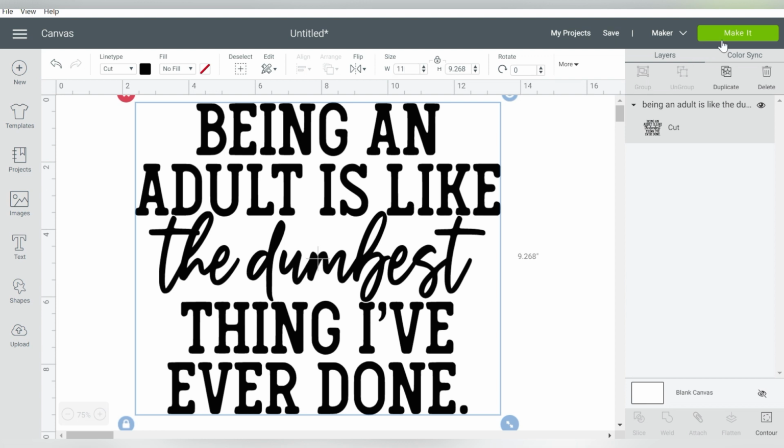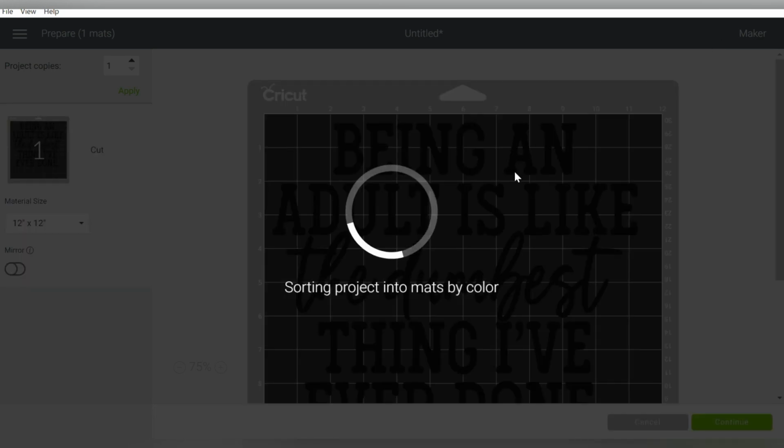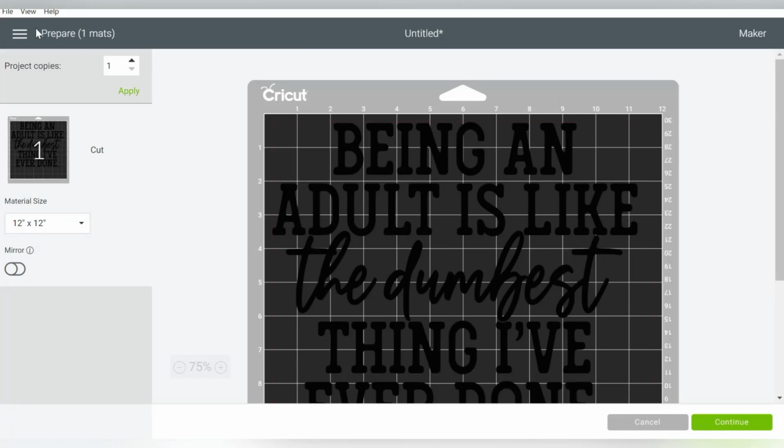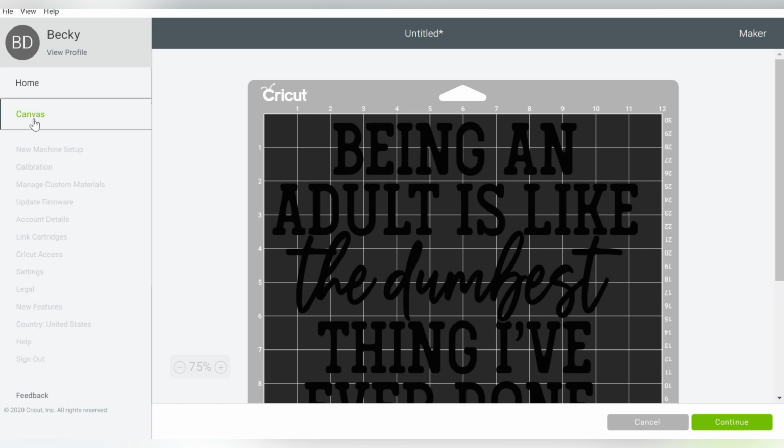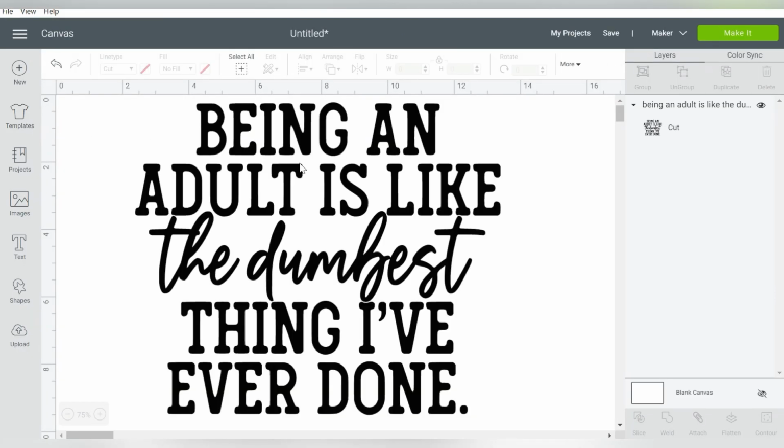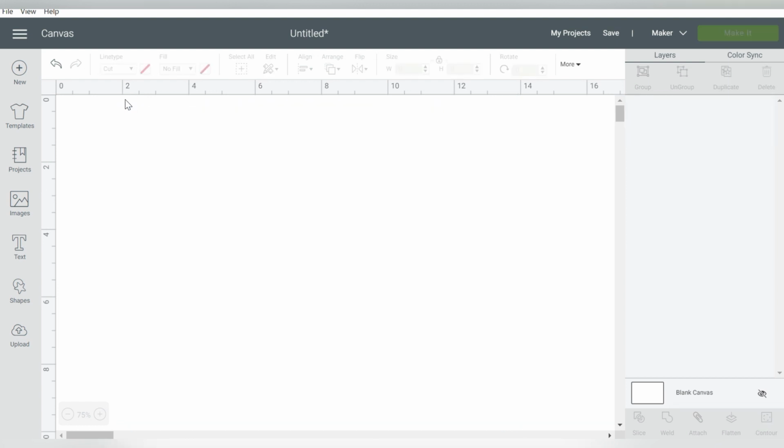And if I click over to make it, you'll see that it's going to cut out just the same as the SVG file did. We're lucky that Design Space does the heavy lifting on the back end, and especially for a PNG file that has a transparent background, that just means that there's nothing additional that we really need to do. So I'm going to delete this and we will jump over to the JPEG format.